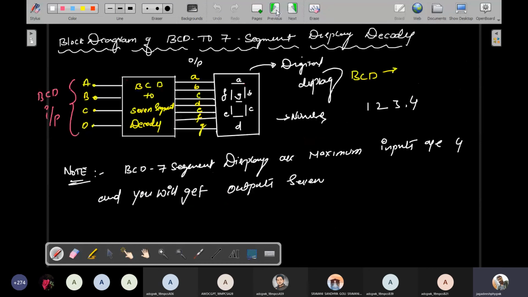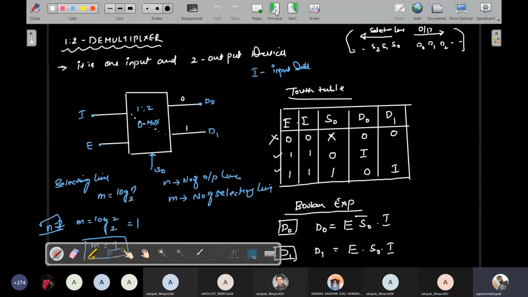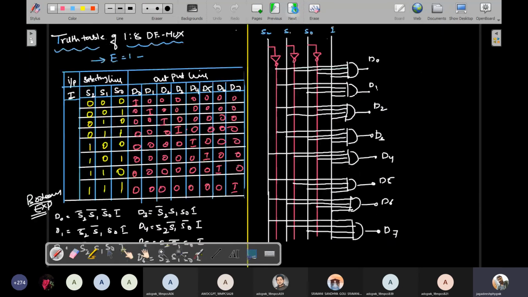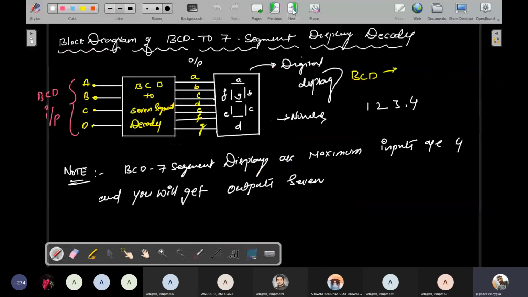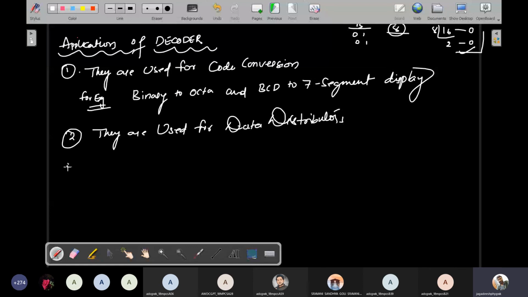So once again, when you move to the multiplexer and demultiplexer, in the demultiplexer one more point I'll tell you. This is called data distributors. Data distributors means, see, here I am using the same point as the second point. This is a reverse operation of a multiplexer, and this is called a data distributor. Data distributors are nothing but code converters. So that is the reason multiplexers, demultiplexers, and decoders almost serve the same purpose. Okay, so